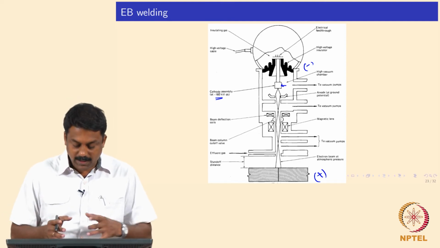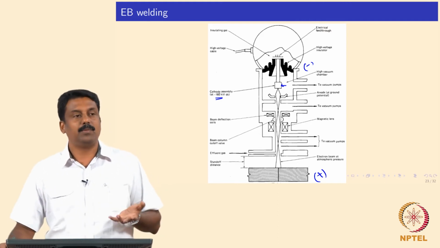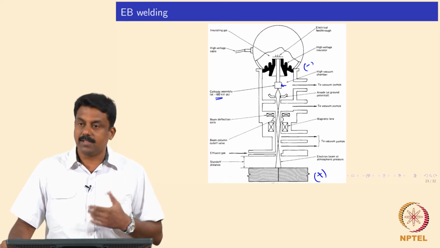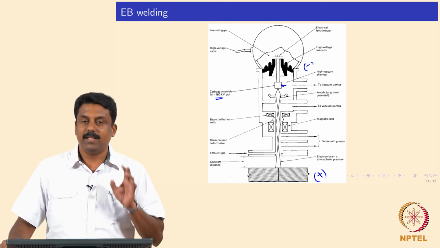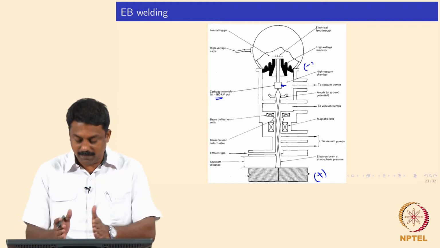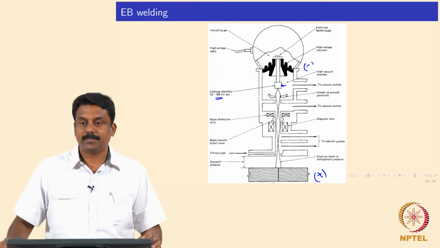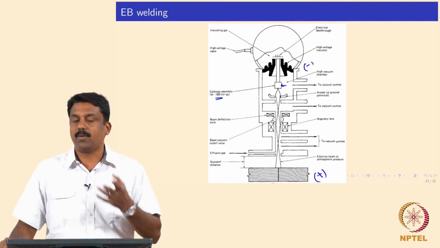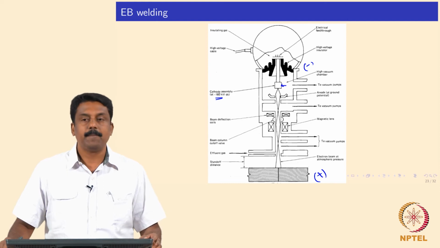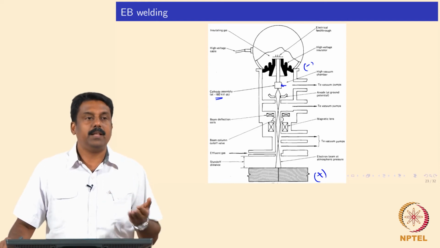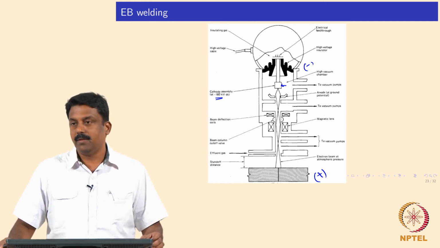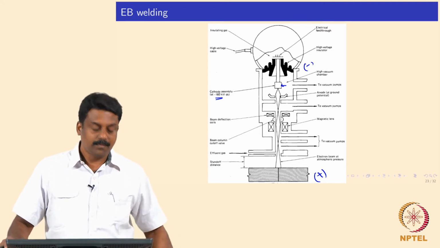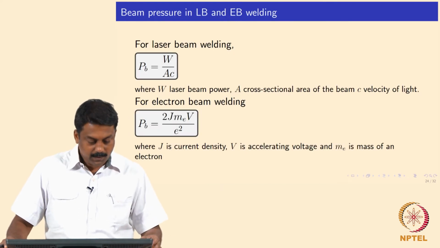I do not want to get into how the electrostatic lenses work, as these are all simple physics, right. You do not need to go into the optics; what we concentrate on is welding using the electron beam. So, we assume that we have the electron beam setup. What are the parameters we can control, so that we can control the beam pressure, and what are the geometrical designs we can achieve using electron beam welding. That is what we are going to see, right. It is clear. Any questions? We will move on. Okay.